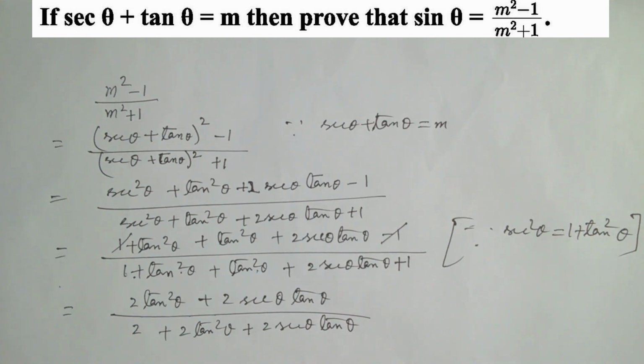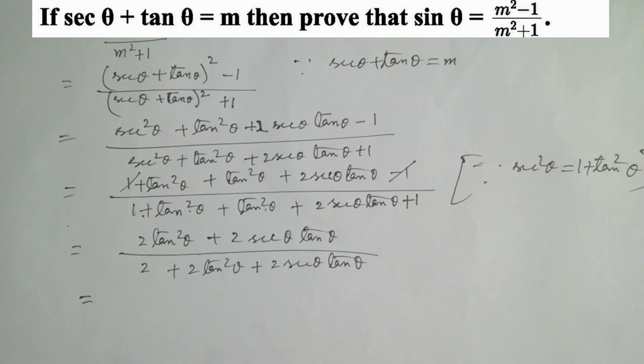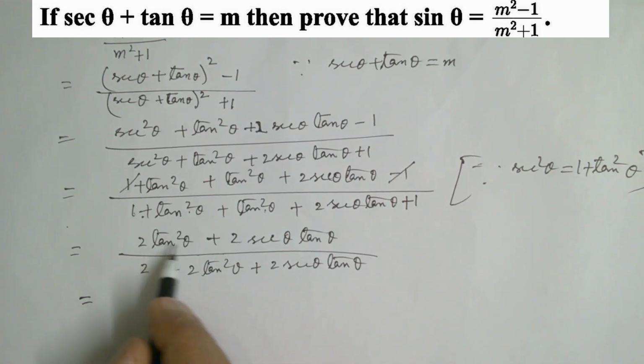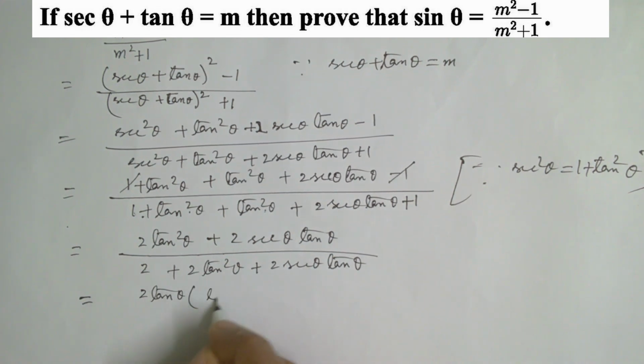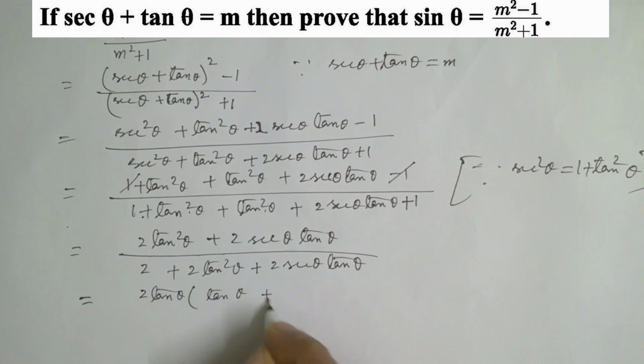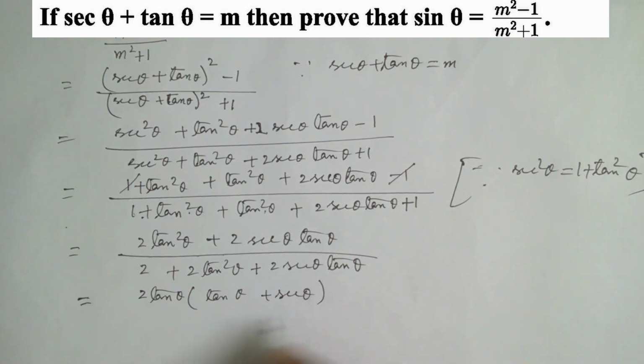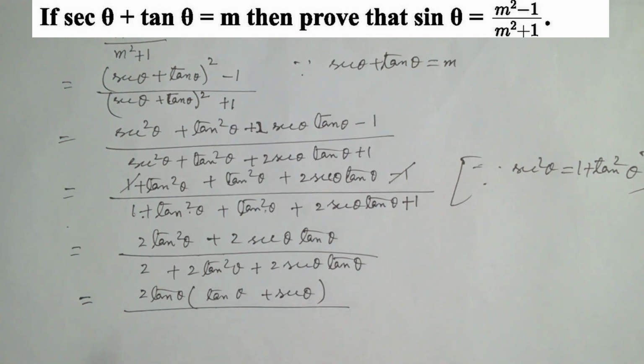Tan theta. Now see, from the numerator we can take out common 2 tan theta. What is remaining? Tan theta plus sec theta. In the denominator we want to reduce. To reduce this, use the formula tan square theta is equal to sec square theta minus 1. From here we can have,